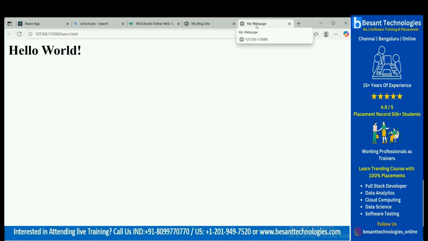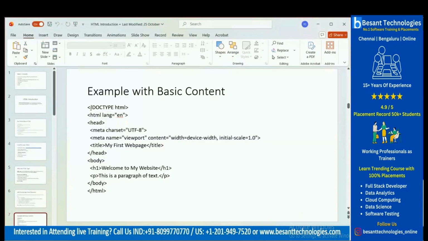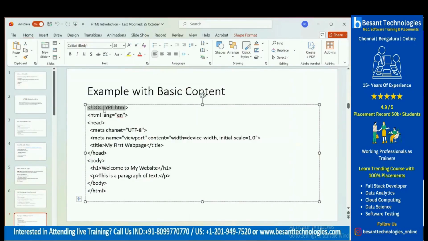See, it is changed. This is the purpose of using the title tag. This is a simple HTML document and we are using the doctype HTML, right? It is a must, because without this it will also run, but it won't give you any error and all. But why it is important: with the help of the doctype only, the browser will know what type of